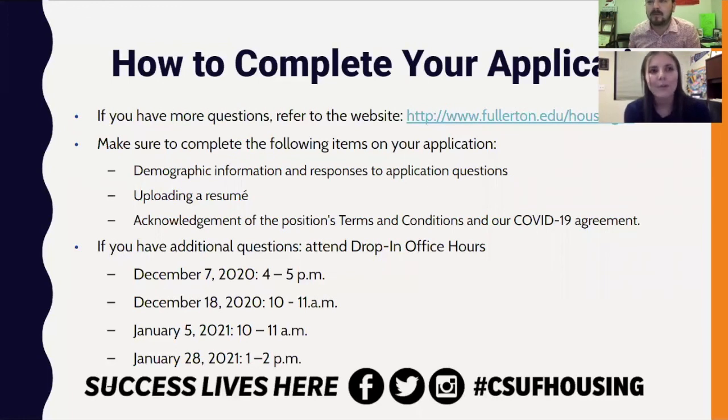And lastly, we wanted to spend some time reviewing all components of a completed application. So make sure that you are answering your demographic information and including all your responses to our questions on the application. Be sure to upload a resume like Phil was just talking about, and acknowledge the COVID-19 agreement. Again, if you have more questions, you can refer to the website,